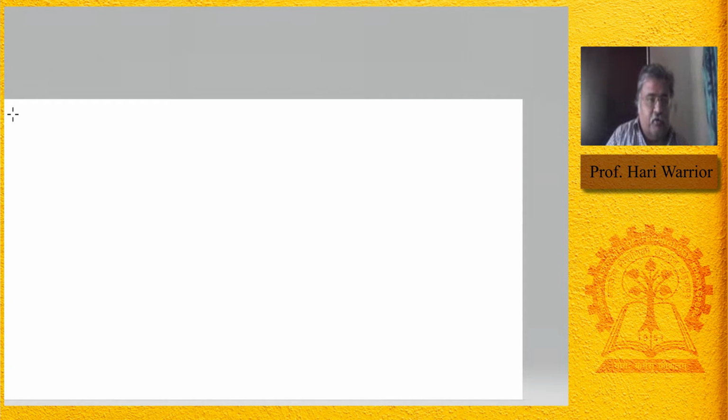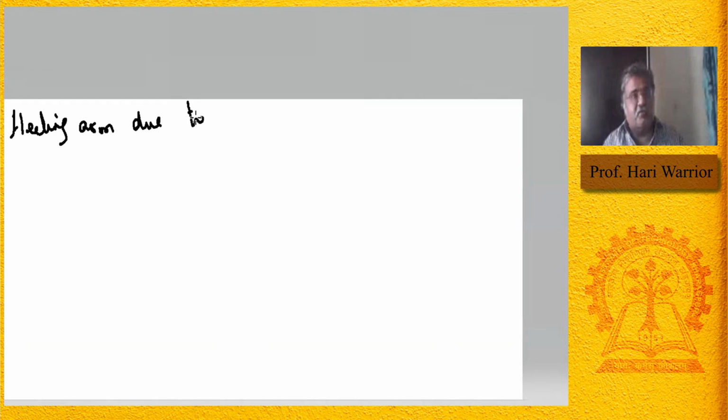So the heeling arm due to turning. Actually there are many heeling arms. Since the course is only 1 semester, we don't do it, but if you have grain in a vessel and it keeps going, we have all that in the book. We won't be covering it. When you are studying, if you have the enthusiasm, of course, study the whole thing, but what I am teaching will be only about 3/4 of it. I'll be leaving some 1/4, but you read that if you can.